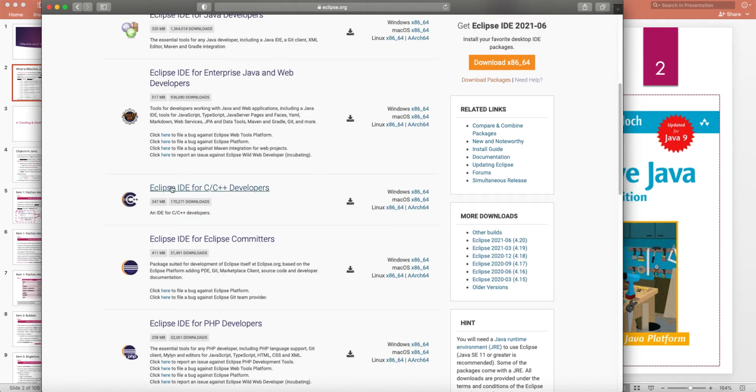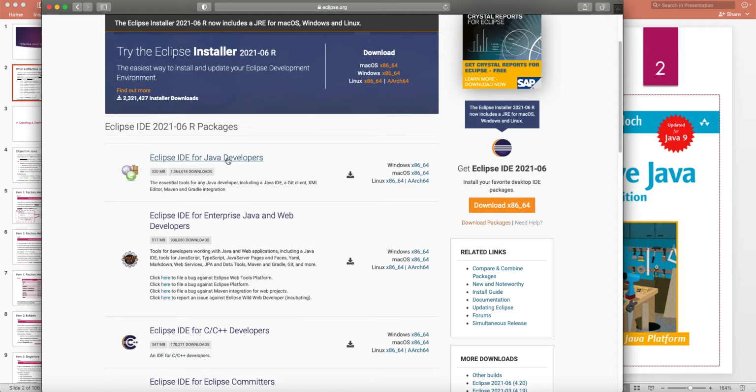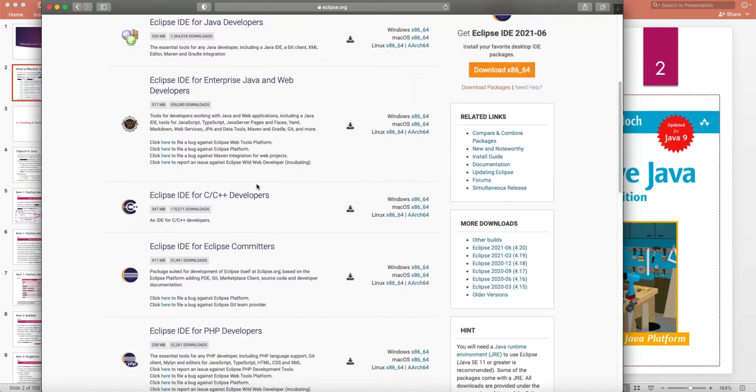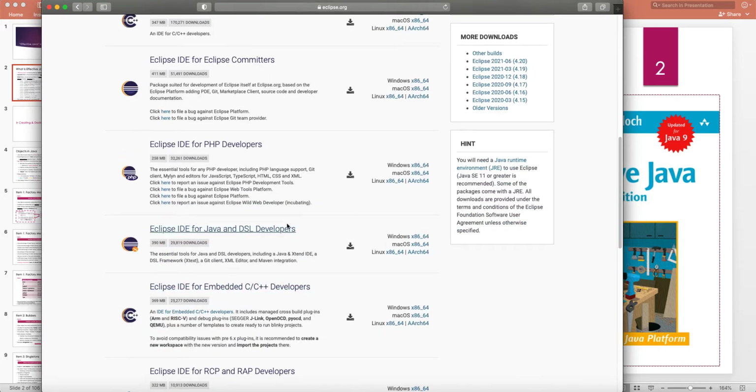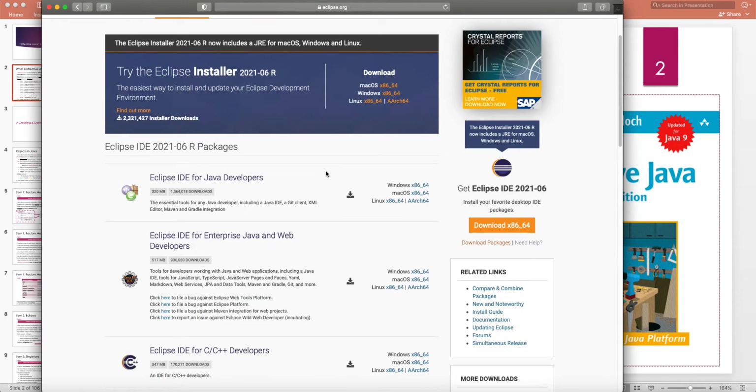For example, Eclipse for C++ developers, this by default comes with the CDT environment, but you can also download the bare bone Eclipse for Java developers, and then for example add this C++ environment as a plugin. All of these configurations can be added later on as a plugin, and this is one of the nice things about Eclipse. It's a very modular